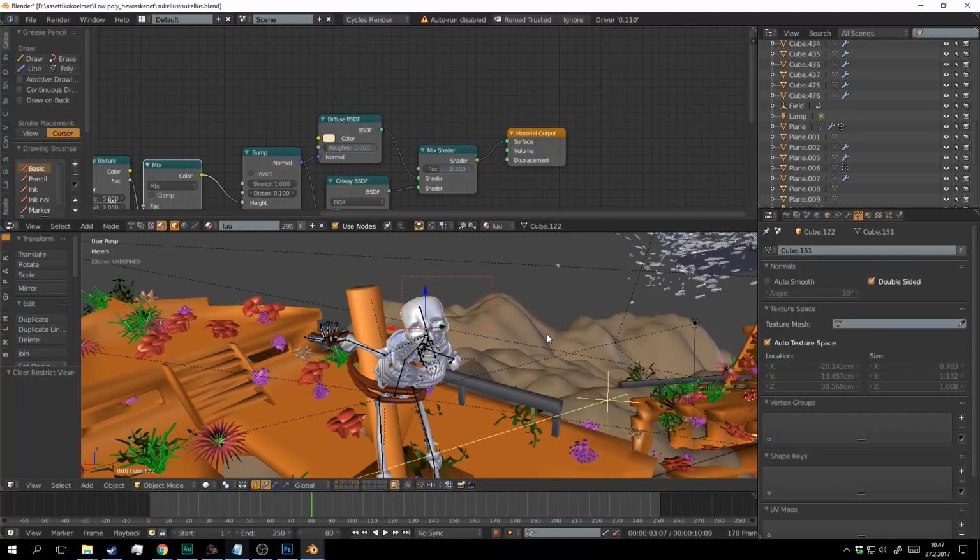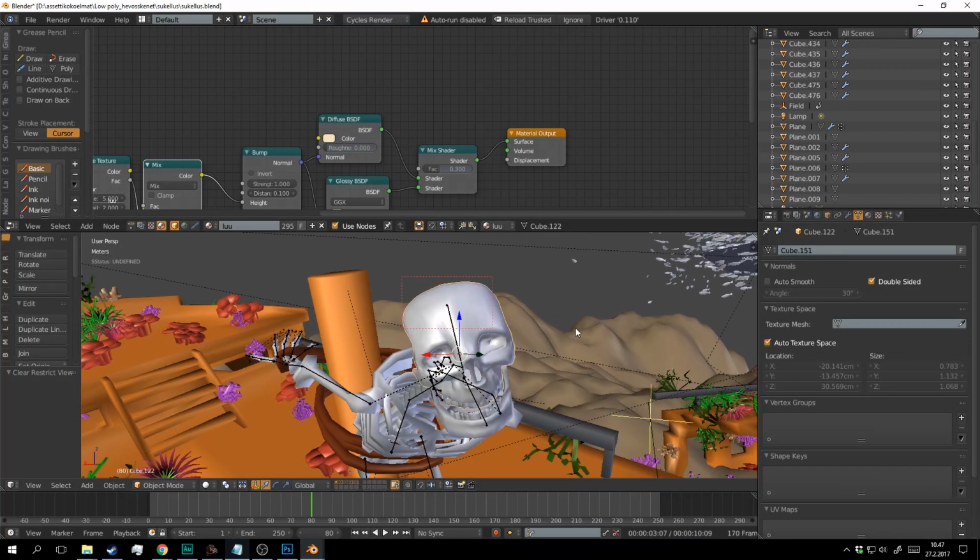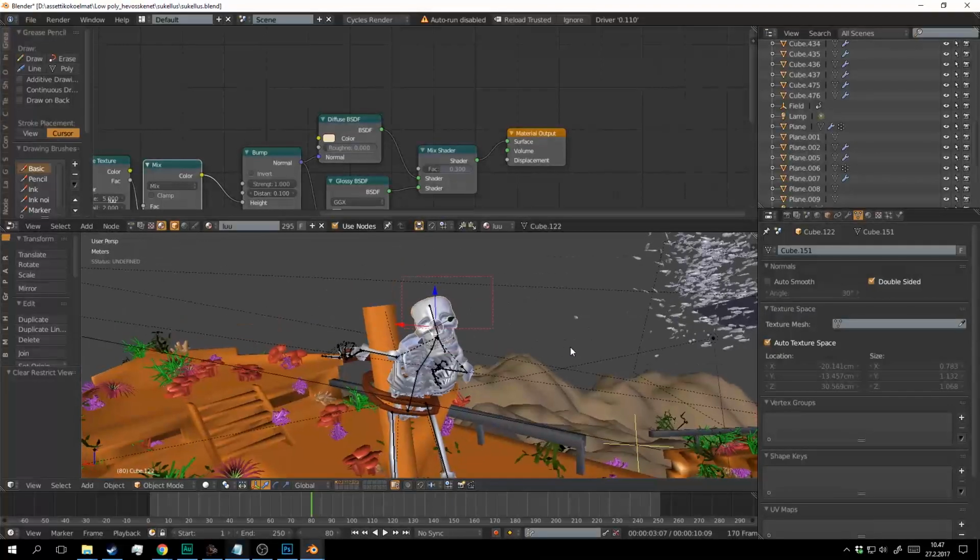These skeletons, by the way, are done years ago by me, maybe about 6 years ago. I was still practicing to use Blender. Now I finally found some use for them. Cool.